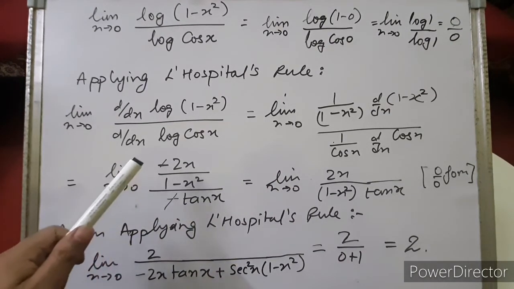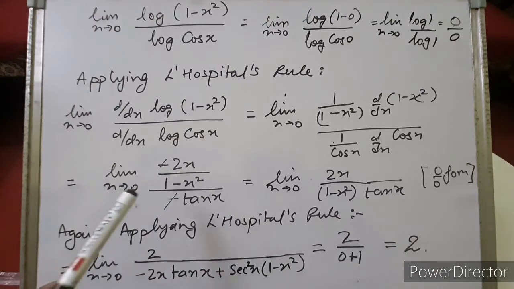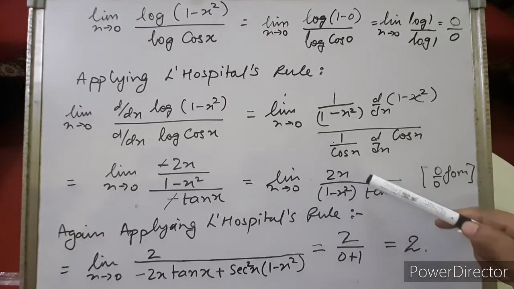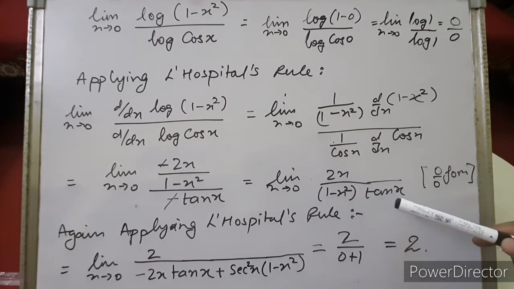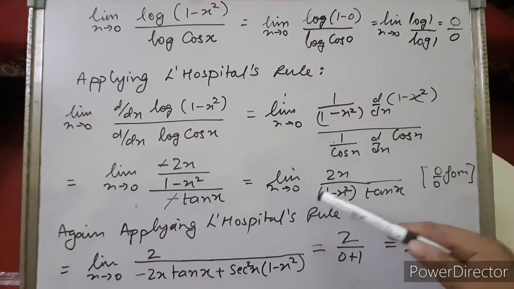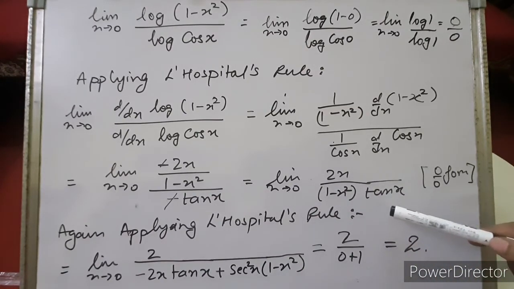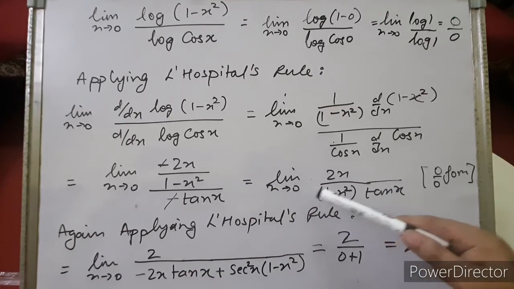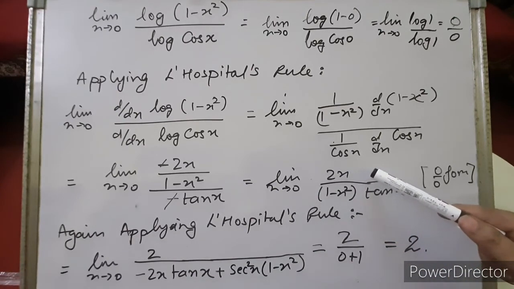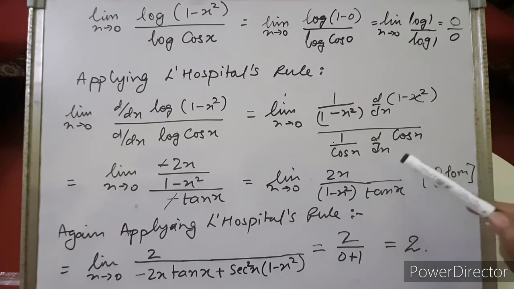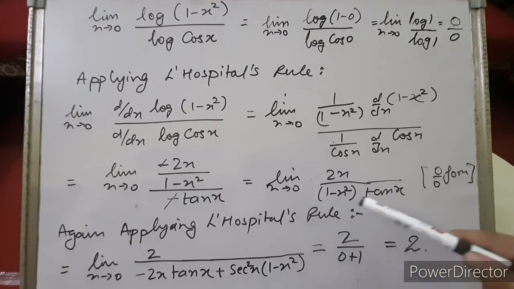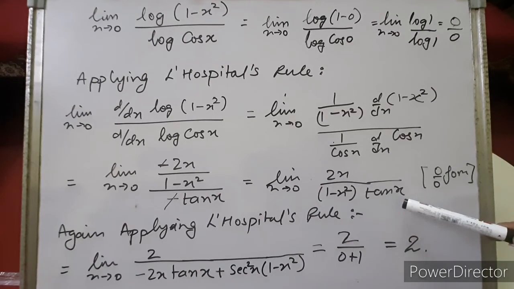Children, this minus and this minus will get cancelled. And we can bring this (1 minus x square) to the denominator. What will it become? Limit x tends to 0 of 2x upon (1 minus x square) tan x. Now we substitute the limit and check whether we are getting an indeterminate form or not, or we'll get the result. So when you put x equals to 0 here, the numerator will become 0. Right? 2 into 0 will be 0. And when you put x equals to 0 in the denominator, the value of tan 0 will be 0. So again we will get this 0 upon 0 form. Right? So this is again an indeterminate form.